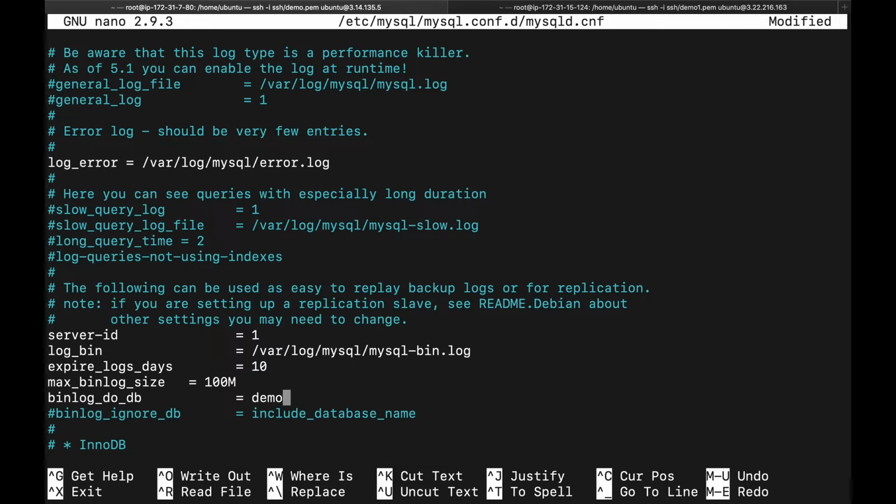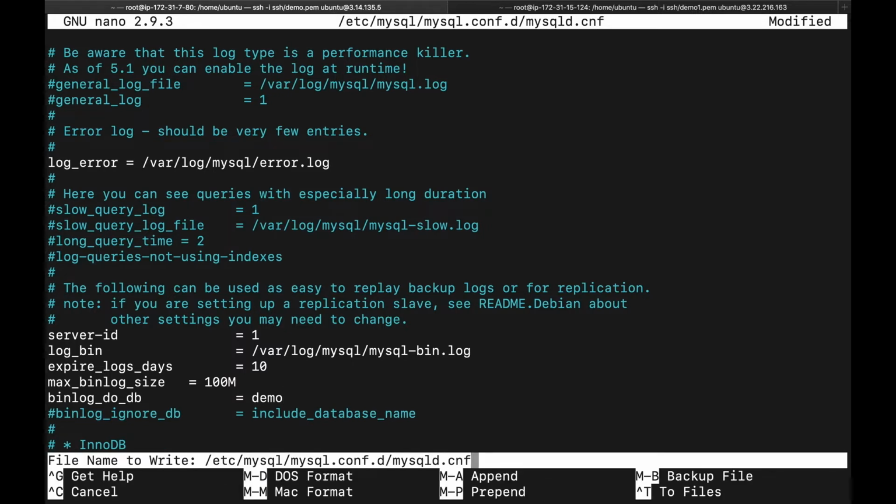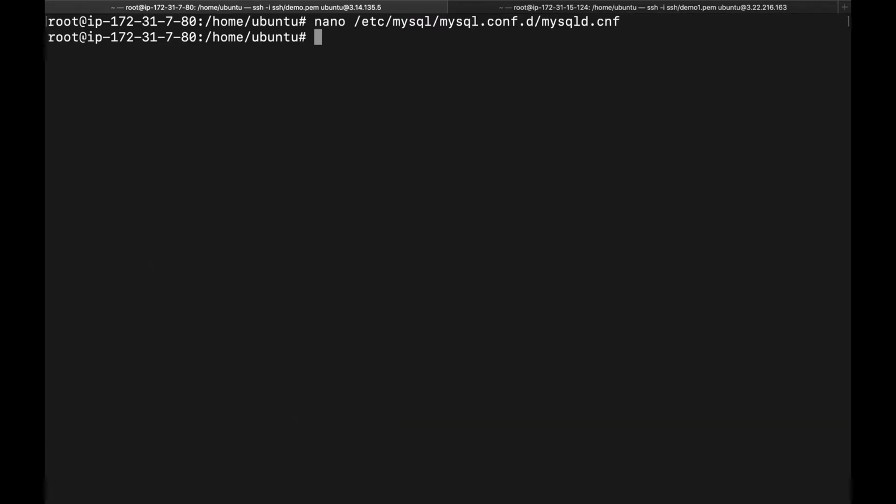But if you have an existing database, there is no need to create one. In my case I have to create the database because there is no database in this master server. So configuration done. Now we just need to restart MySQL.